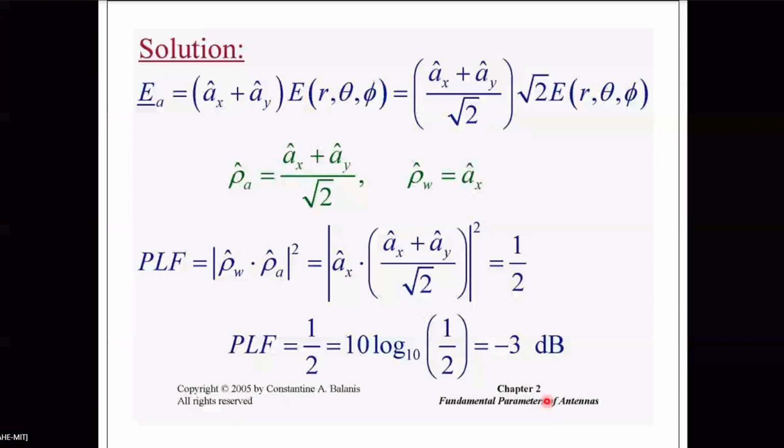Because of the alignment problem, because of polarization mismatch, half the power is lost. Do you understand this? Yes, sir. Any questions? So that's why sometimes we need to align the antenna to get maximum signal strength, basically to align the polarization of the antenna with respect to the polarization of the wave. If they are not matched properly, then you can have very poor reception.